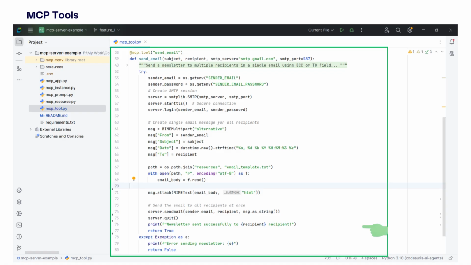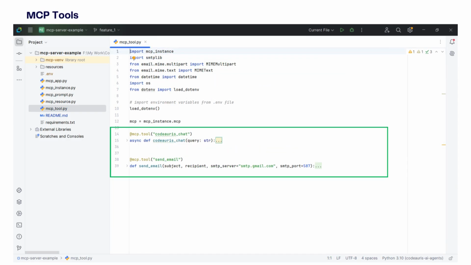Once the email is sent successfully, the tool returns a Boolean value, true if the email was sent, or false if something went wrong. This makes it super easy for the model to send dynamic, template emails without ever leaving the MCP environment, and it showcases how tools can go beyond data retrieval to perform real-world actions. Both of these tools are registered with the MCP instance using the @MCP tool annotation, which means they automatically become available to the model as callable functions through the MCP protocol. Together, they demonstrate how easily you can build custom tools that make your MCP server more capable, more interactive, and more intelligent.